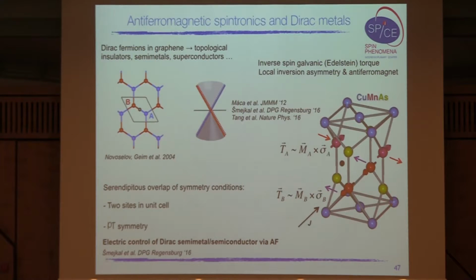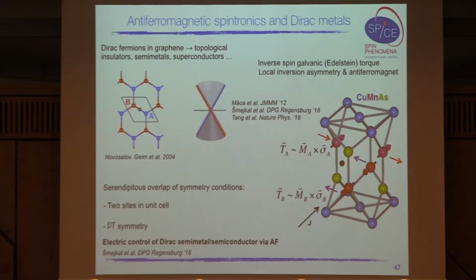This is what Thomas mentioned yesterday, that you can think now of a serendipity in a sense, or I don't know if there's something deeper behind it, that the symmetries that allow for this Dirac physics, which require the space-time inversion symmetry being there, and two sites of the lattice in the unit cell that appear effectively in graphene, are also the same physics that allow for this Néel spin-orbit torque to exist. And this is, as I mentioned, a work promoted by